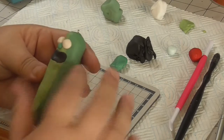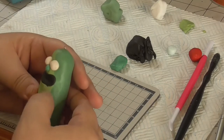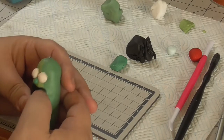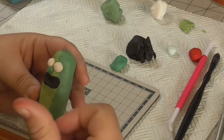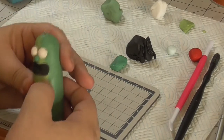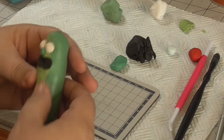Right, now bear in mind, people, when you're working with black, be careful, because everything around the bit you're working with goes black. Okay, so just be aware of that. So get rid of those holes, which I popped some...